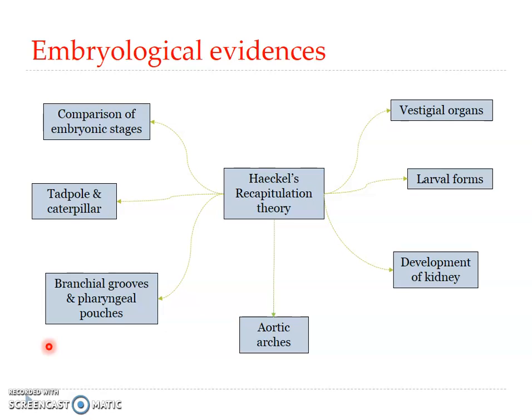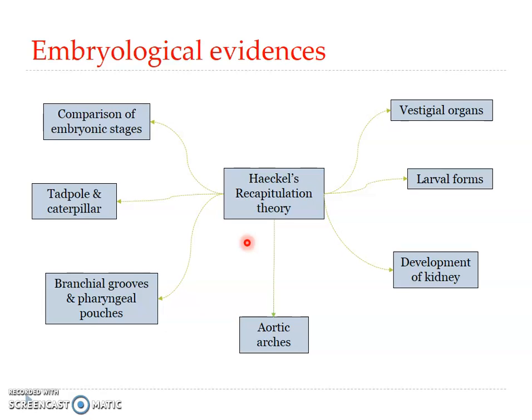However, later in the 19th century, exactly in 1905, Ernst Haeckel, another German embryologist, suggested that embryos of higher animals repeated the adult stages of their ancestors. And this particular concept was put forward as the theory of recapitulation, or the recapitulation theory, or it is commonly known as the biogenetic law. Haeckel's biogenetic law or Haeckel's theory of recapitulation.